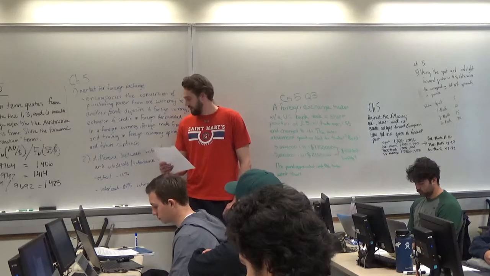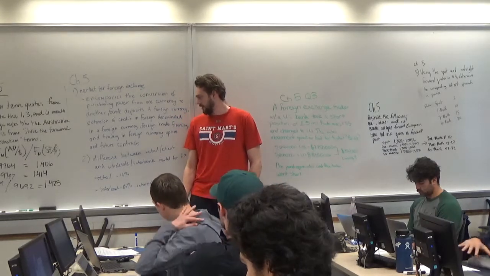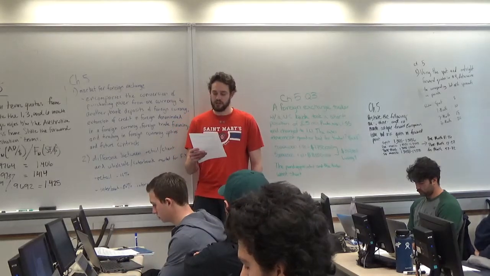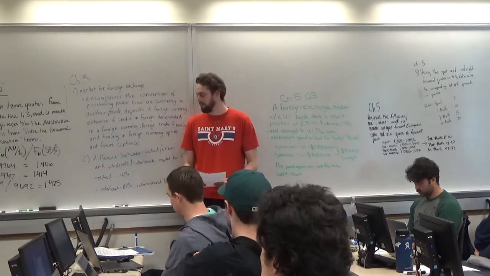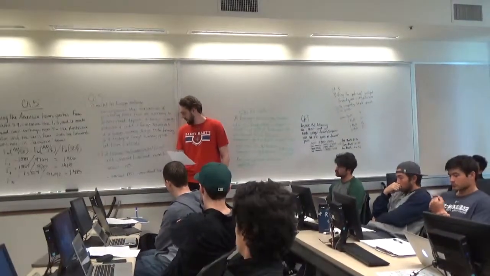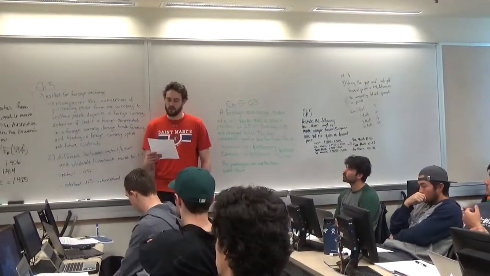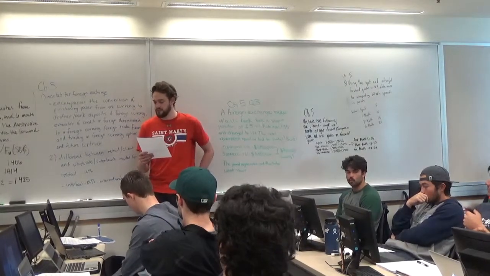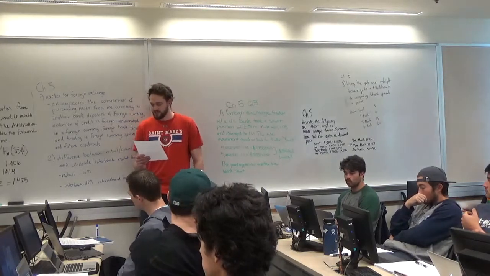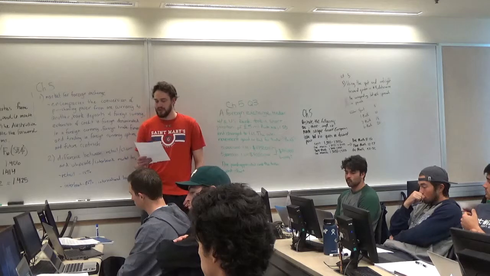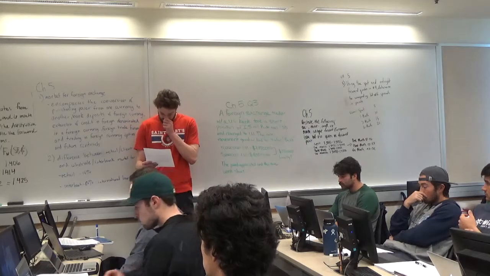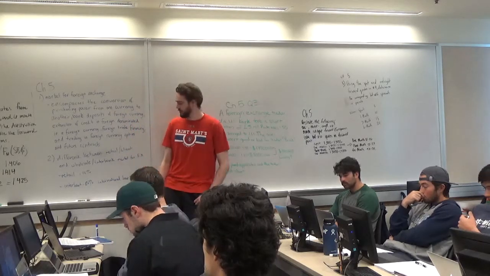The second question asks for the difference between the retail and client market and the wholesale and bank market for the foreign exchange. So basically you can see the foreign exchange market has a 2-tier market, with one tier being the retail client market and the other tier being the wholesale or interbank market. International banks provide the core of the FX market. They stand willing to buy or sell foreign currency for their own accounts. These banks serve the retail clients, corporations, or individuals, and they make up about 86% of the foreign exchange market, with the retail or client market making up only 14% of the market.